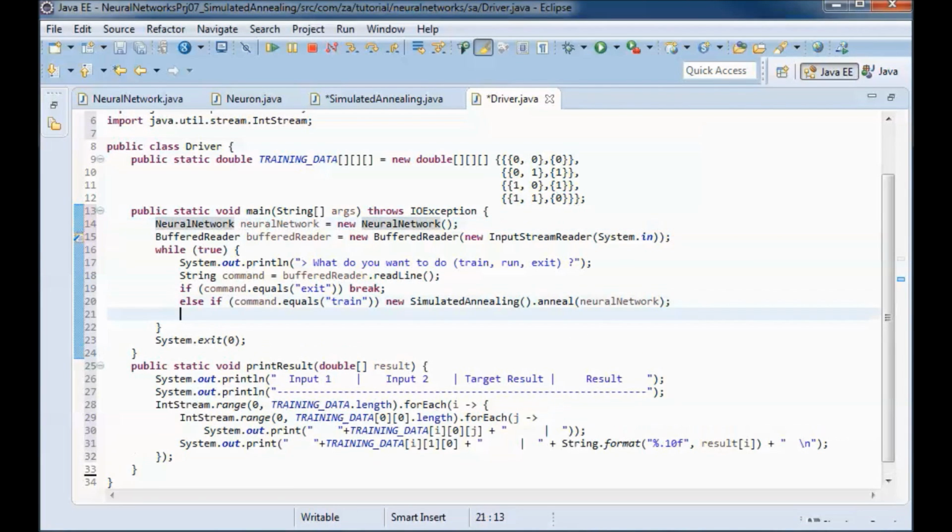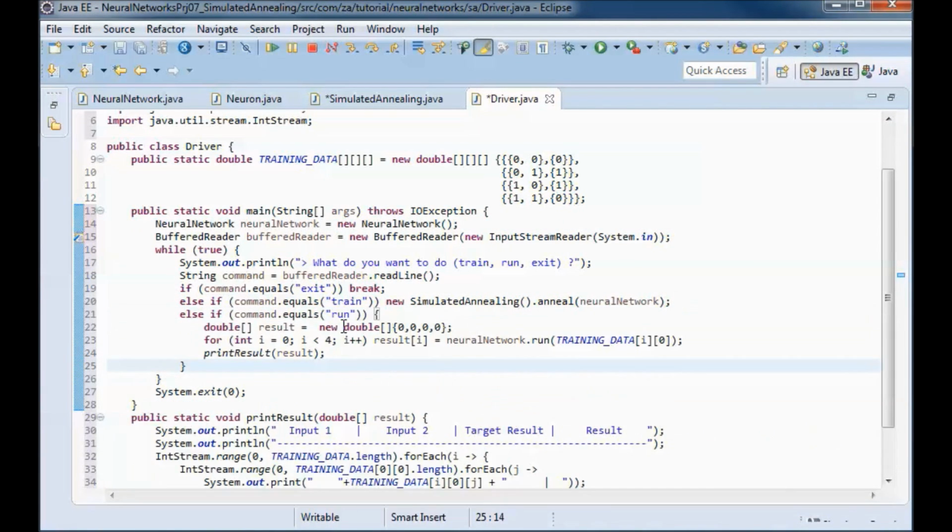And if the user wants to run the neural network, then I will define this result array that will contain the result of running this network, and then I will pass this result to the print result method.